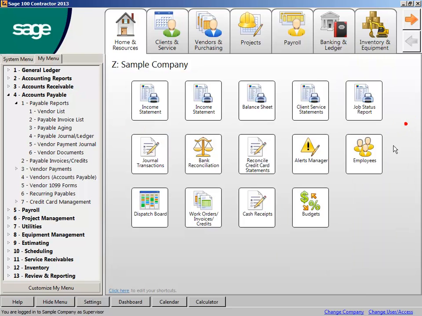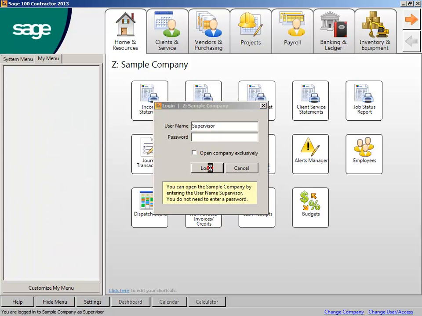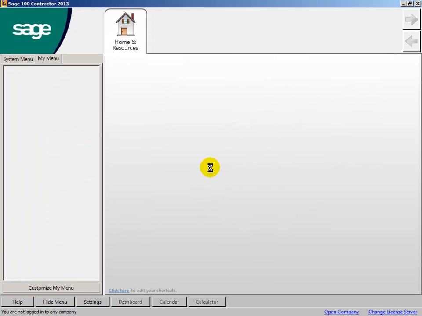So we'll begin by logging in. We get a screen, put in our name and case-sensitive password. I'm going to enter this as the supervisor. Sometimes we have to open our company exclusively to do some maintenance tasks like re-indexing or closing them up. So we're going to log in. It presents me with the home screen,